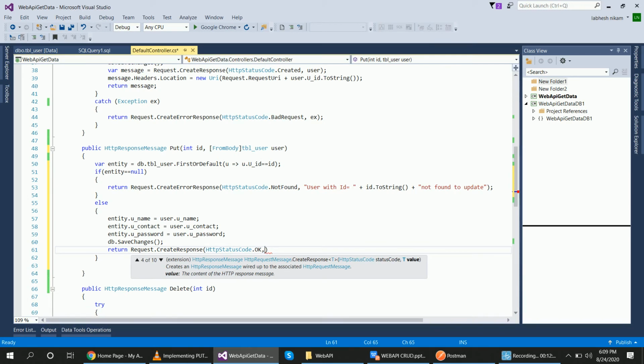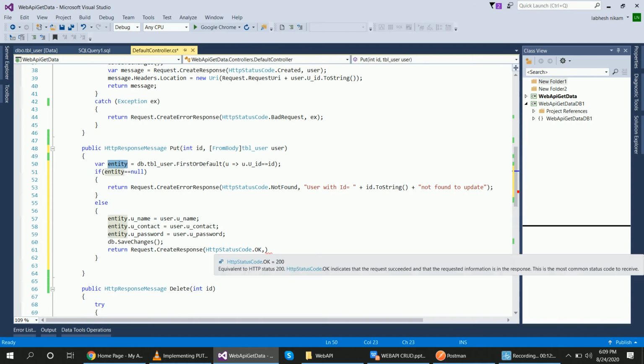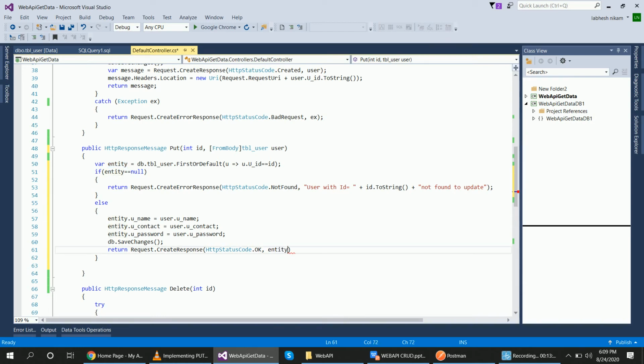When the record is updated, display the updated record. So this one displays the updated record's message.